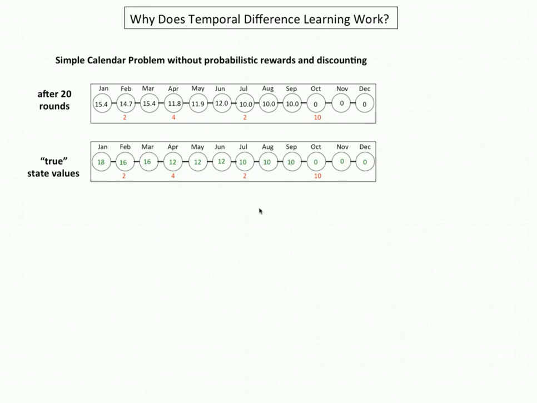Turn now to the question of why does temporal difference learning work? Here, what I'm showing is the simple calendar problem without probabilistic rewards and discounting. This is the version of the problem that we spent a lot of time going over in this video. And what we found is that after 20 rounds, the state values start to approximate rather nicely what the true state values are. And what we noticed is that the reward present in a state, for example here in October, is getting passed backwards in the form of value to previous states that predict the states that have reward. But in addition,